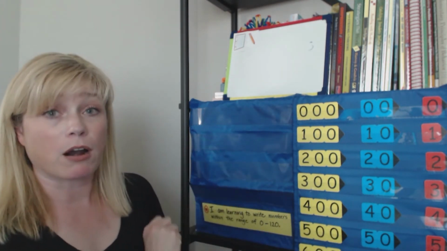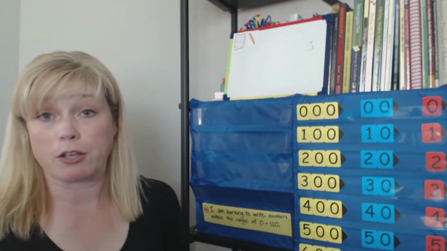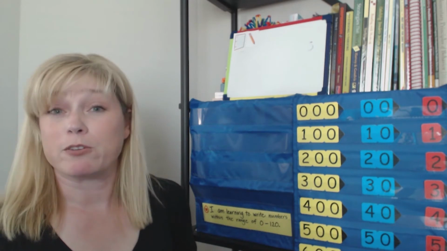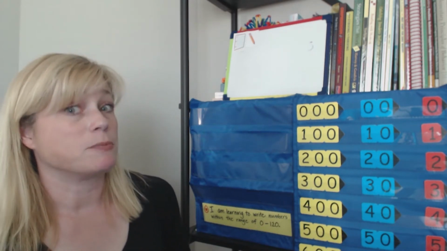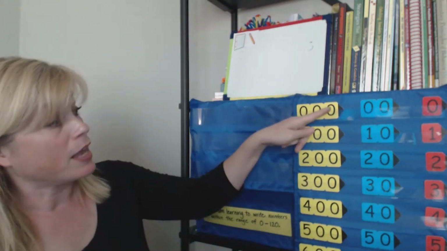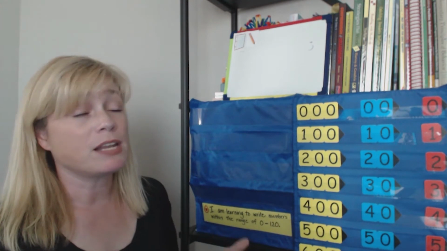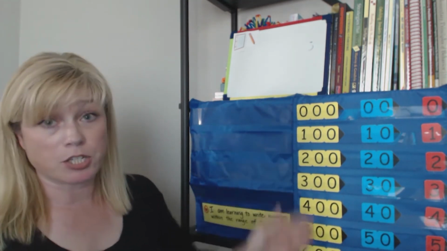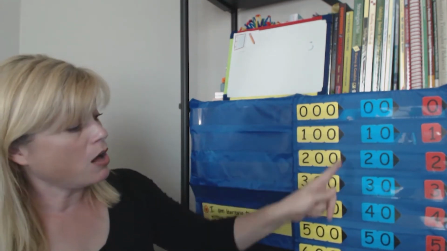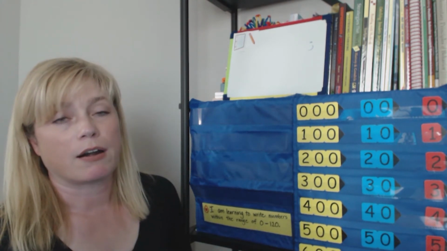So I can have 3 cards, but they have to be 1 yellow, 1 blue, and 1 red. I could have 2 cards, but if I use just 2 cards, they still have to be a different color. The second rule is that the arrow, the point, has to line up. So you'll notice even as lined up in the pocket chart in all one color, all the arrows are in line. Those are the 2 rules using our arrow cards.